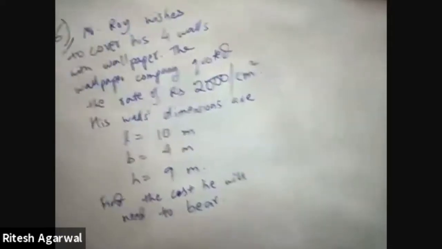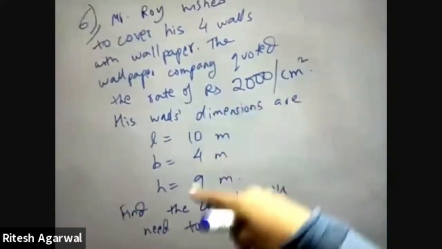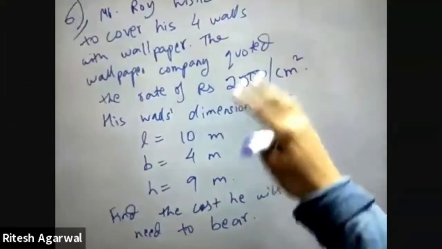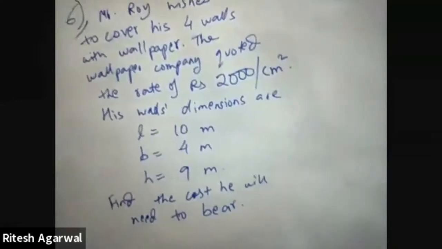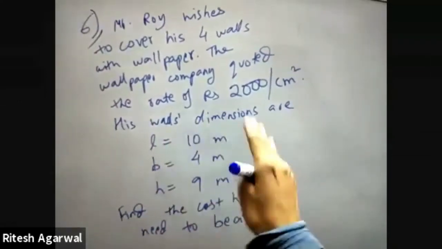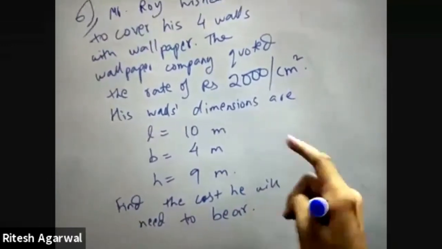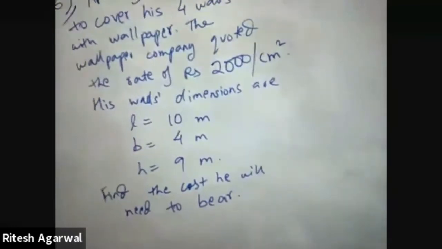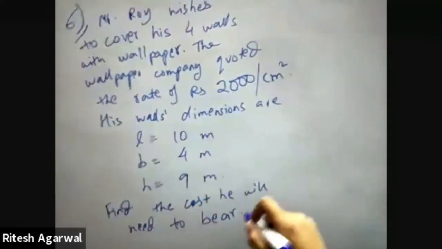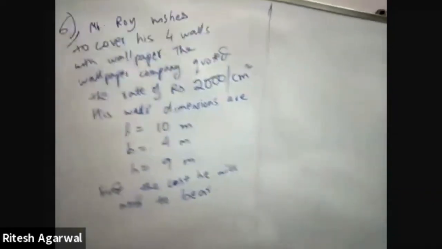Now, at the onset, before doing the sum, you will clearly see that this sum deals with meter as well as centimeter. So you have 2 options. First, you convert length into centimeter, or second option, which is the more difficult one and which is the one I will be doing the sum with, is that we will not convert it at first. We'll stick to meter. So first we will find the area of the 4 walls.